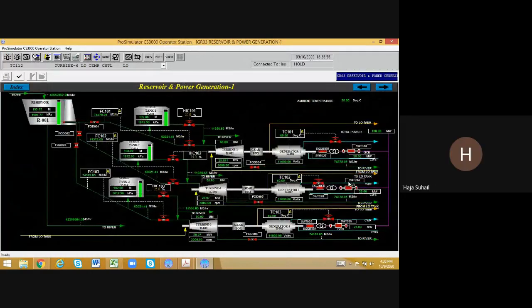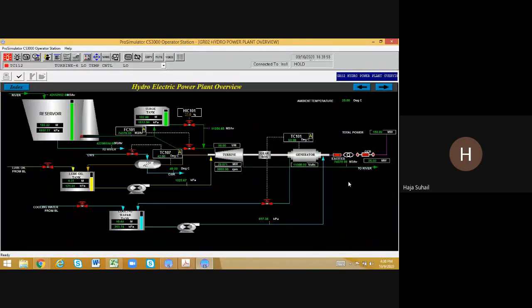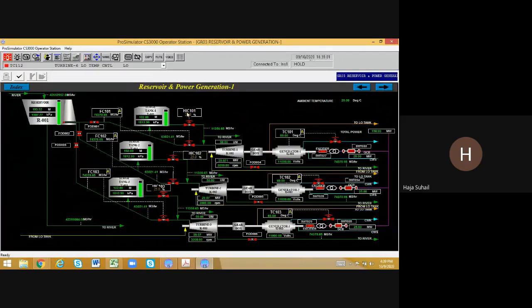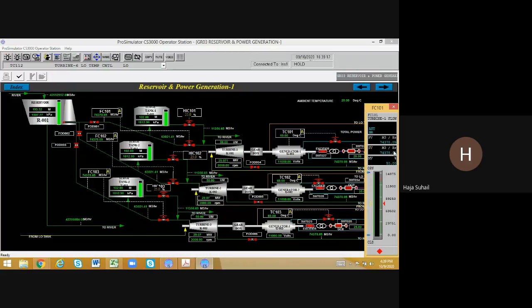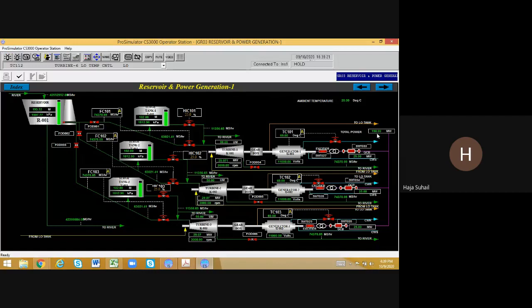Yeah. Okay, so let me just give a simulation in this one. HC0, FC101. The whole hydro power plant is based on how much flow of water is going to the turbine. So let me reduce the flow valve, and you have to note the power generation. So total power of 150 megawatt is actually generated, and this particular generator is generating 25 megawatt, which you can see here,